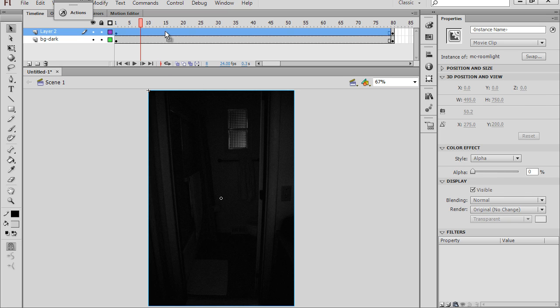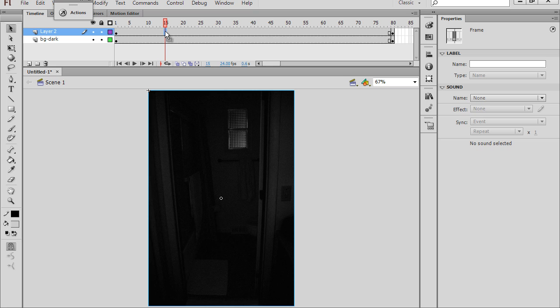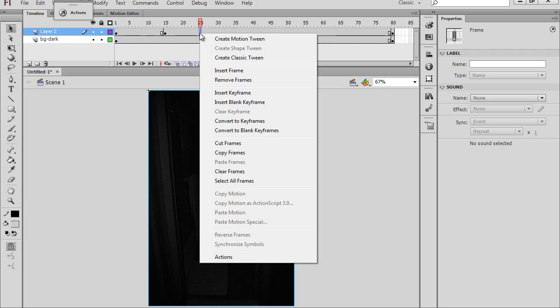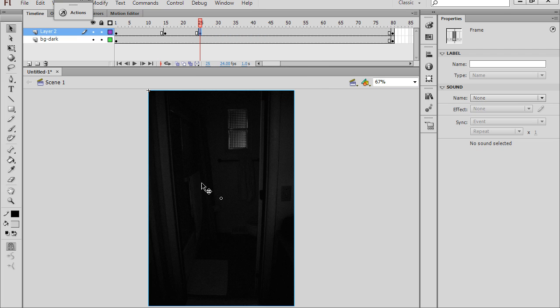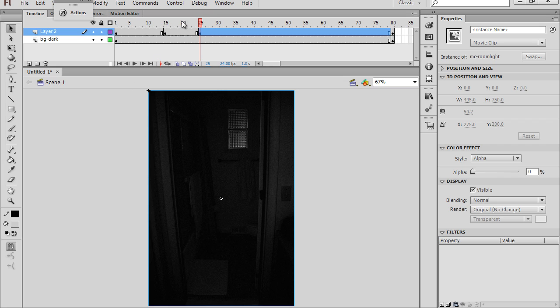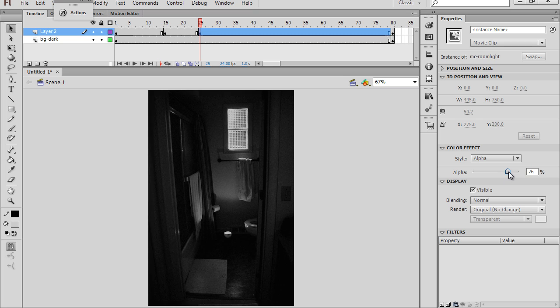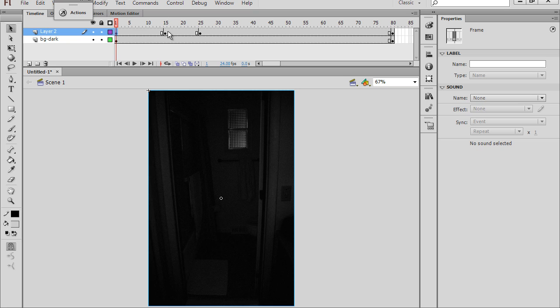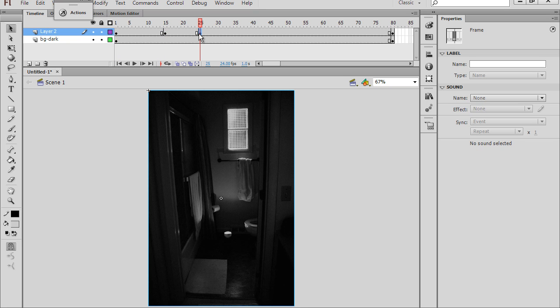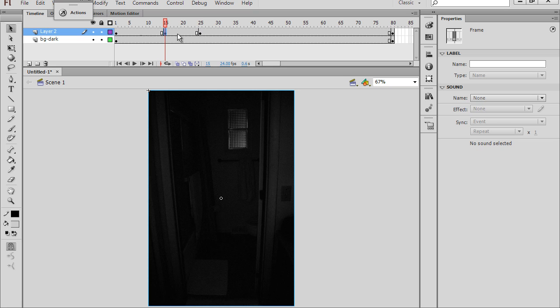So then I'll go out to, let's say, frame 15 and hit F6, put a keyframe, and then maybe to frame 25, and then maybe I'll right click, insert keyframe, and here I'll select this top image, which is my movie clip, MC Room Light, and I'll change the alpha, and let's alpha it up all the way to, let's say, 75. So now on this keyframe it's invisible, on this keyframe it's invisible, and on this keyframe it's visible. So now all we need to do is create a motion tween from point A to point B,